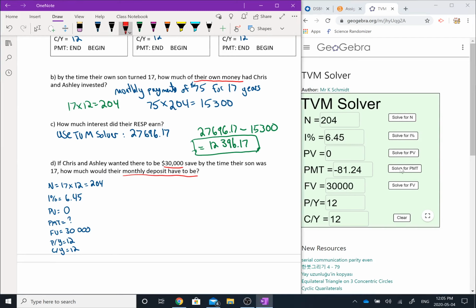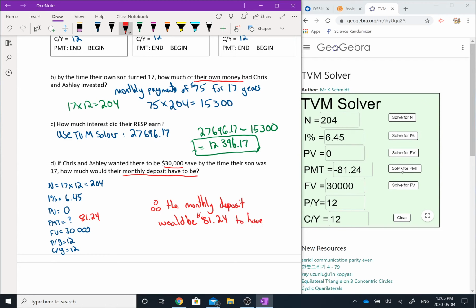Again, ignore the negative, don't worry about that. So basically, the monthly deposit would have to be $81.24